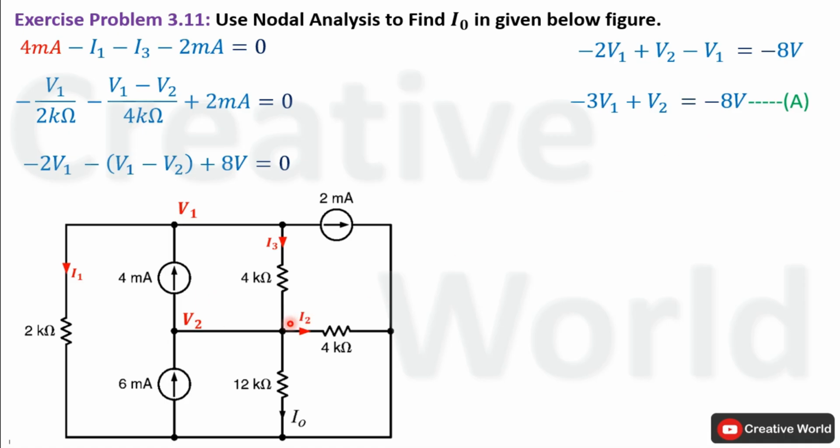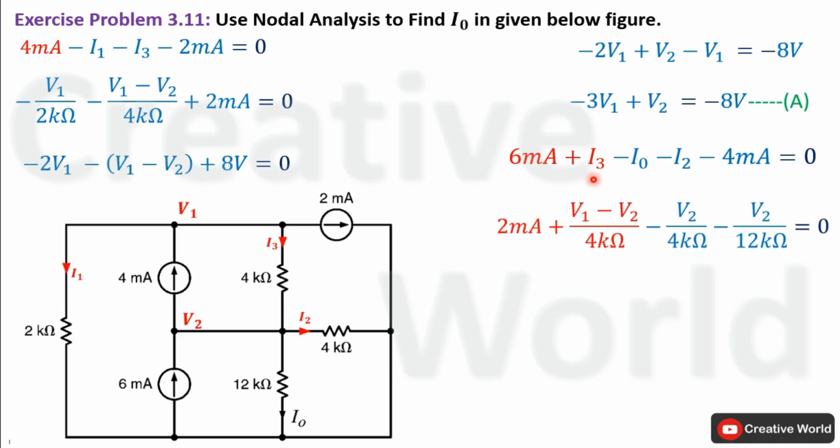Now we will apply Kirchhoff's current law on this second node. On this node, two currents are entering, 6 mA and I3, while three currents are leaving, 4 mA, I0 and I2. Entering currents are taken with positive sign and leaving currents are taken with negative sign. In next step, we have to replace these three currents with their respective equations and subtract 4 mA from 6